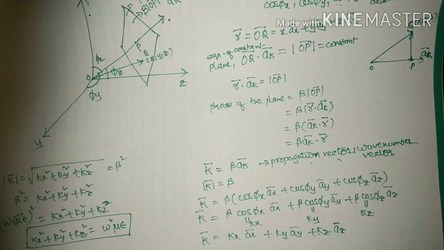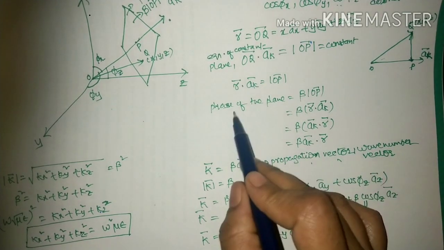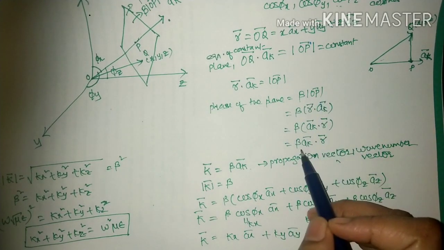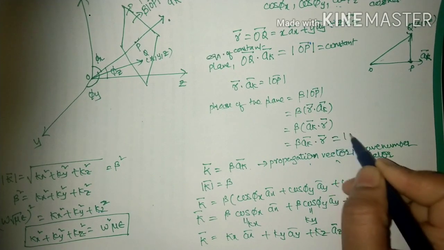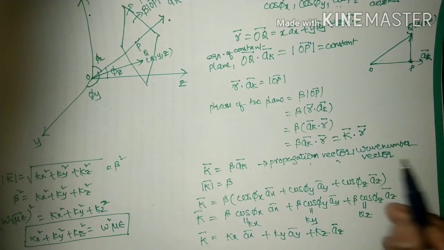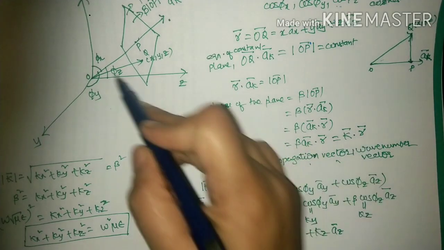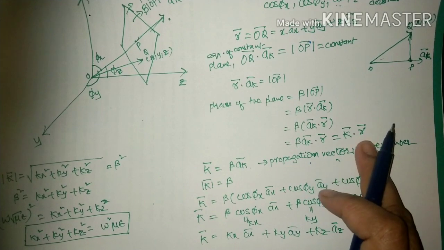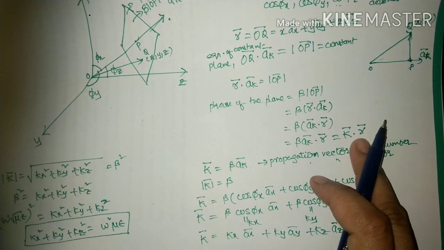You have to remember this equation. So now we got the phase of the plane is equal to beta into mod of r bar, which is equal to beta ak bar dot r bar, which can be written as k bar dot r bar. So this will give the phase variation as the wave is propagating along this direction. Once you know the phase variation with distance, you can easily represent the mathematical expression for the wave propagating in this direction.